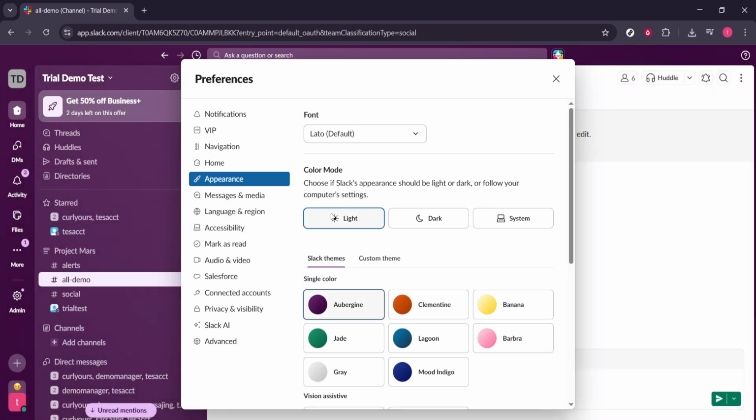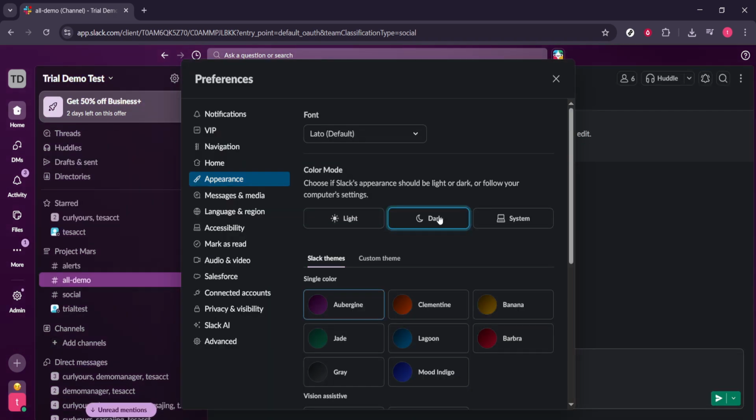You'll find options related to the overall theme, message display density, and other visual tweaks. We'll focus on theme here, so you can switch the interface to a darker palette that reduces glare. Under Theme, select Dark. The change applies immediately, and you'll notice your channels, messages, and sidebars adopt a deep background